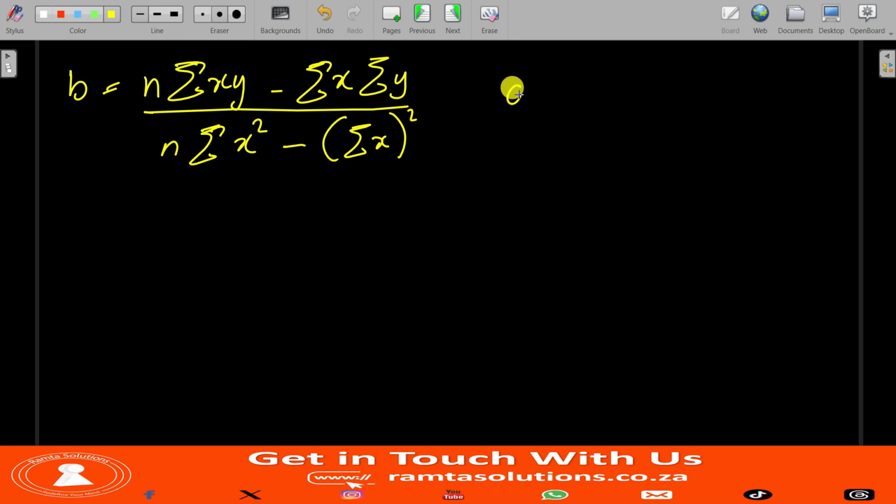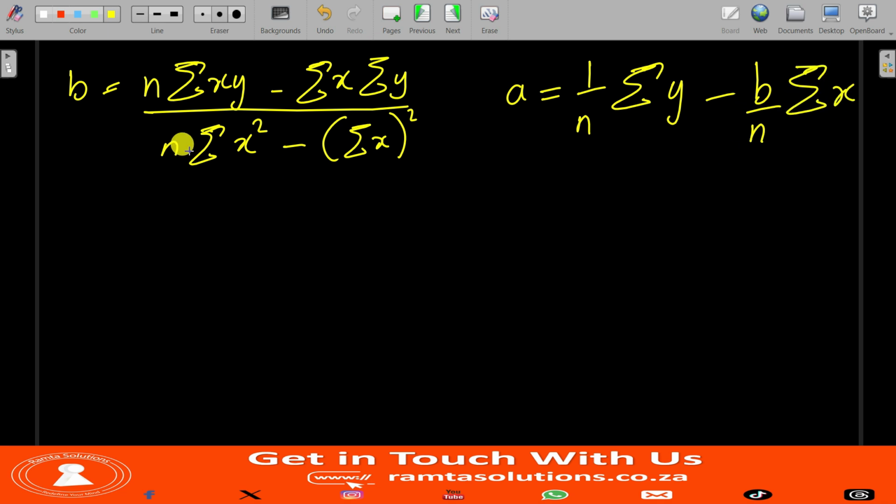Now, to get the value of a, you will say it is 1 over number of terms multiplied by sum of y values minus b over number of terms multiplied by sum of x values. Right? Now, I want to take you